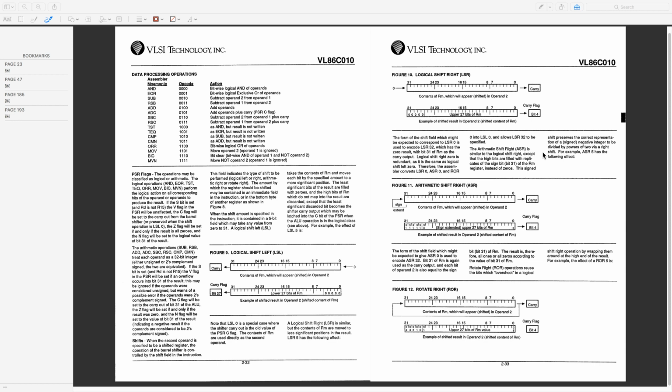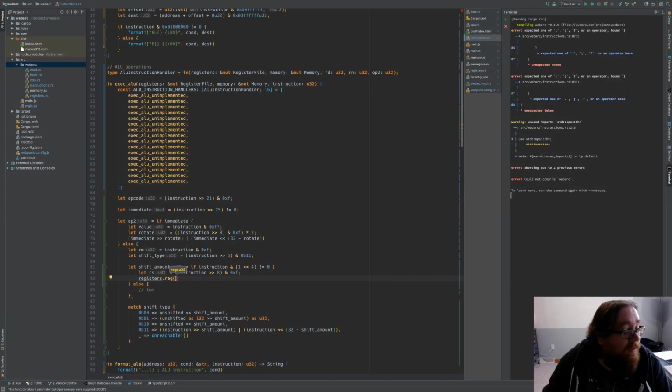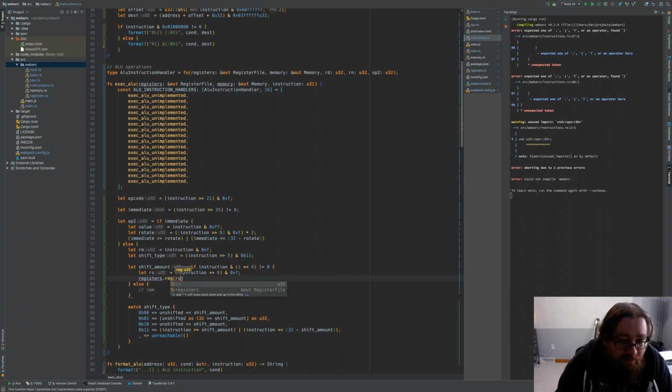Doesn't say anything about that, as far as I can see. All right. Fine. I'll just do it as is. So that's what we return. So in the case of an immediate,